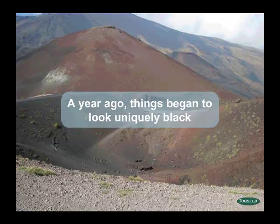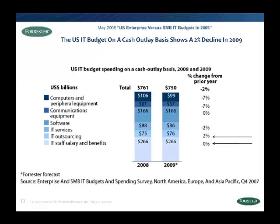So let's kind of look back. A year ago, things were actually looking fairly black, fairly dark. If we look at where we were in June of 2009, many clients were in a very, very tough spot with regards to making decisions for new tools and in terms of what they needed to do to advance in ITSM. This particular picture here shows, to some extent, a comparison of 2008 and 2009 budgets, and this is IT